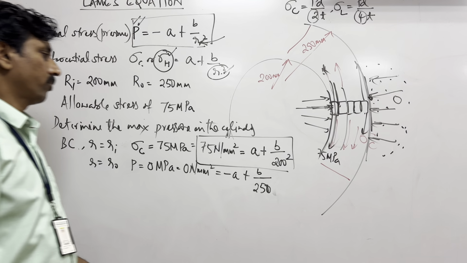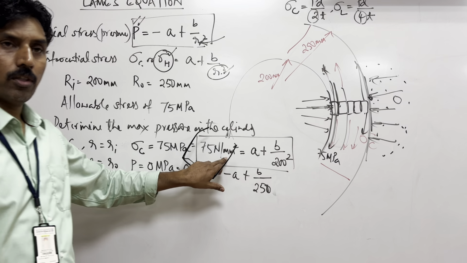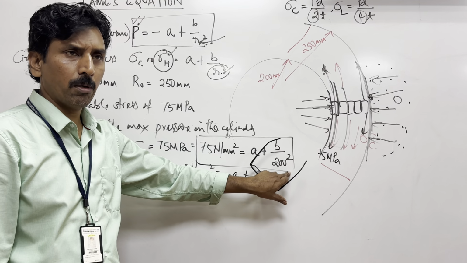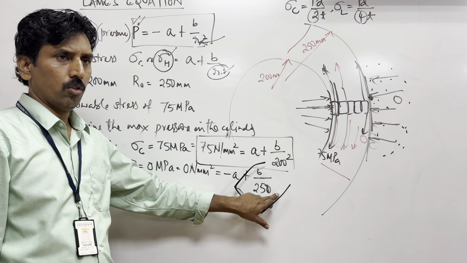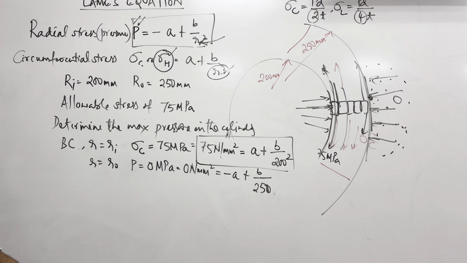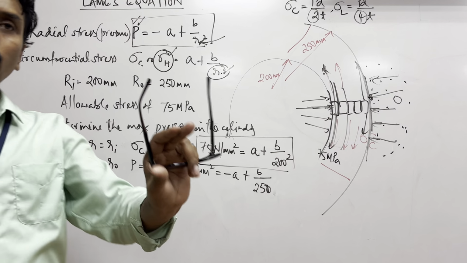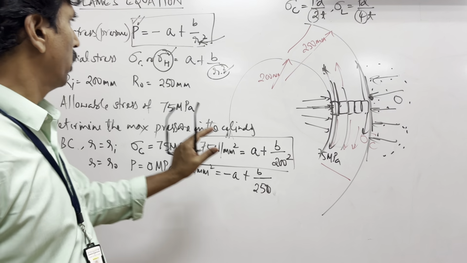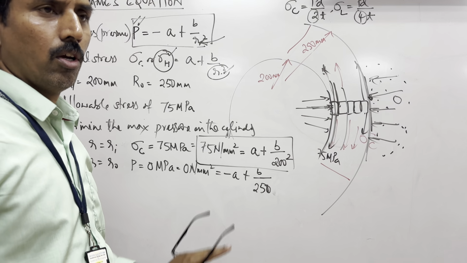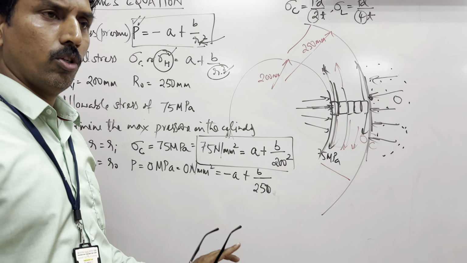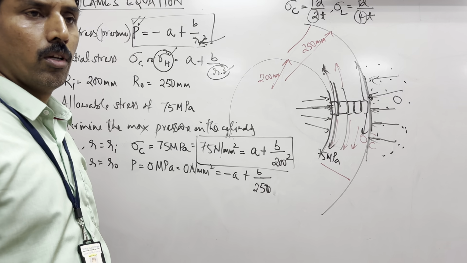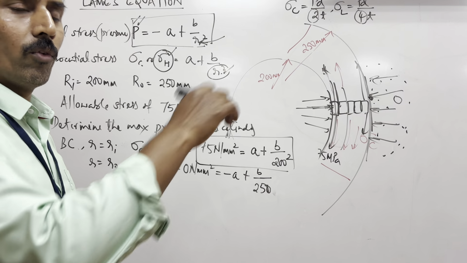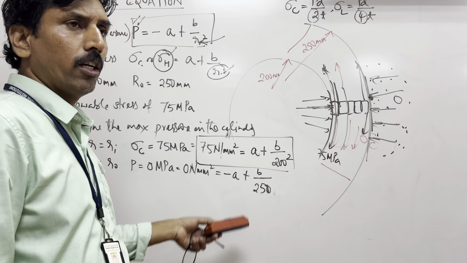If it is in mm here, it should be in mm here also, so see that you substitute properly, Newtons and mm. Now you have two equations to solve. Guys, until now is the engineer's work. The engineer has analyzed and made this equation. From now onwards, it is anybody's job to solve this equation and come out with values of A and B. And at the end the engineer's job is to interpret and use the values of A and B to find out